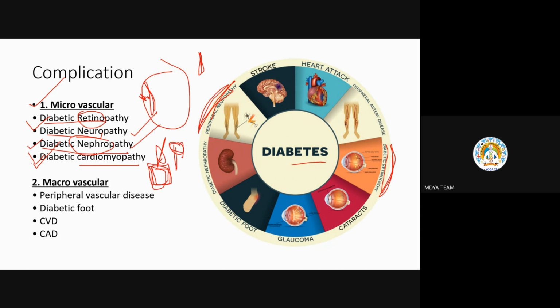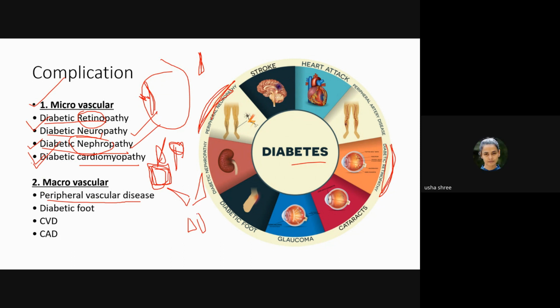Now macrovascular is peripheral vascular disease. This is in the peripheral region. Peripheral region means your legs and your hands. And when some blood clots or